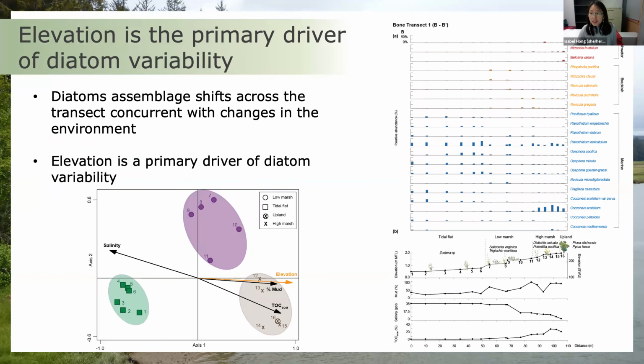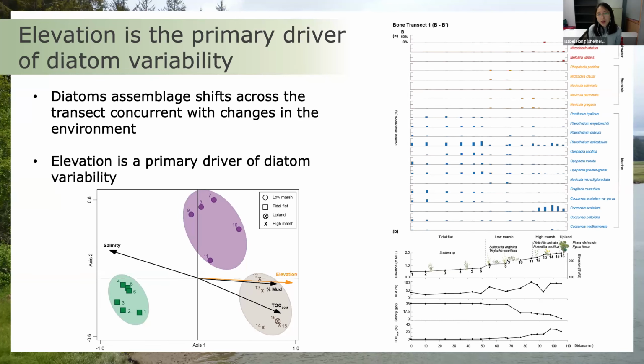And then for the diatom results, I have plotted for you above each of these sampling stations the diatom species in percent relative abundance. The diatom species that you see plotted here had to have an abundance of at least 5% in one of the samples. And then I classified them for you based on their salinity preferences. Again, local observations were used where possible, and if not, then global observations of their salinity preferences. And what we found is that the diatoms showed some type of zonation here at Bone River Transect 1.